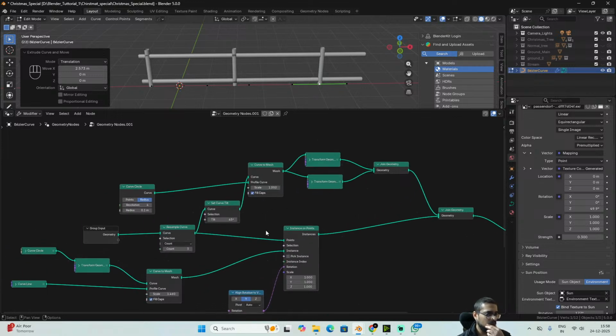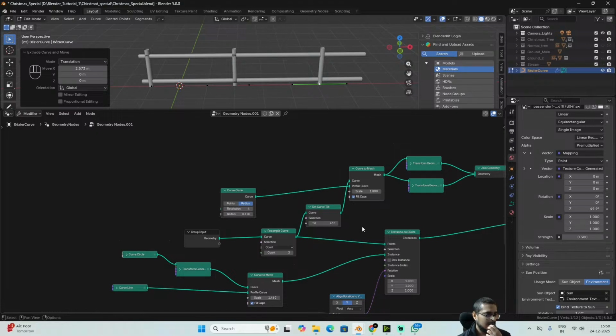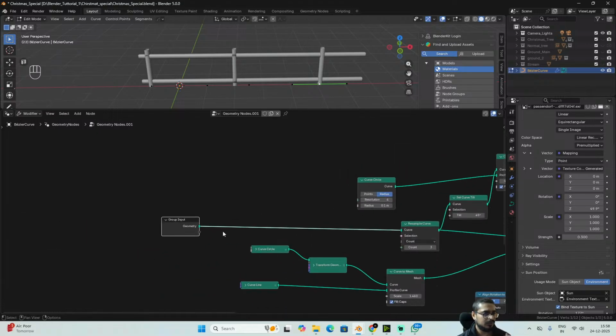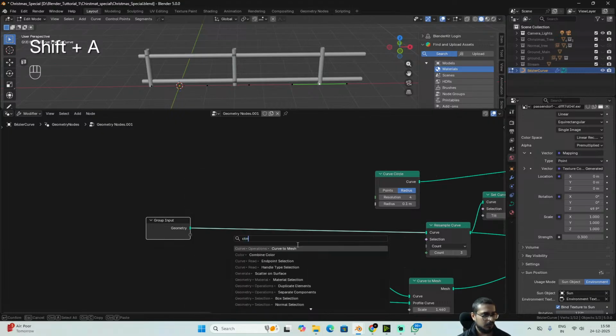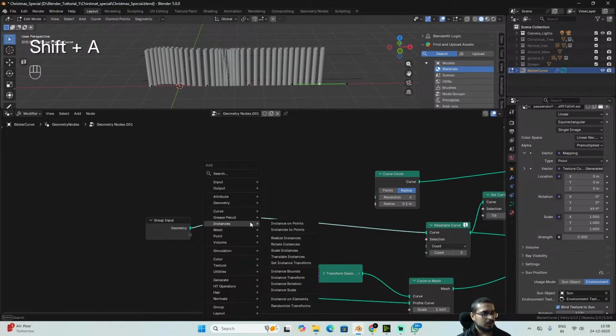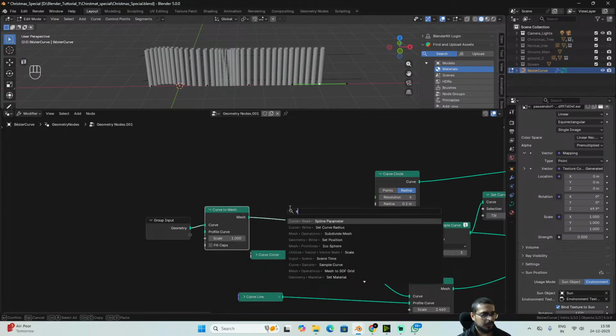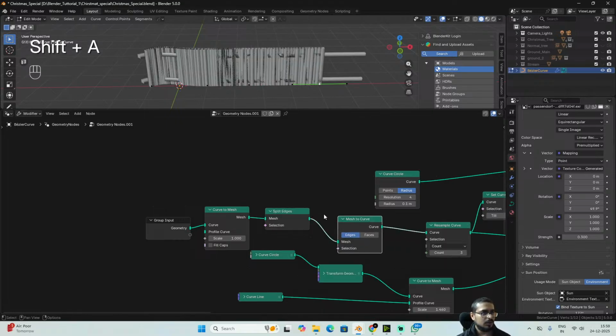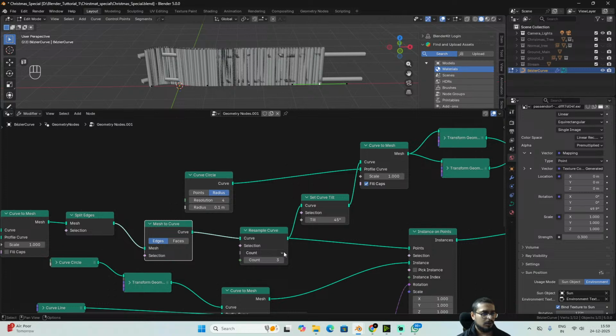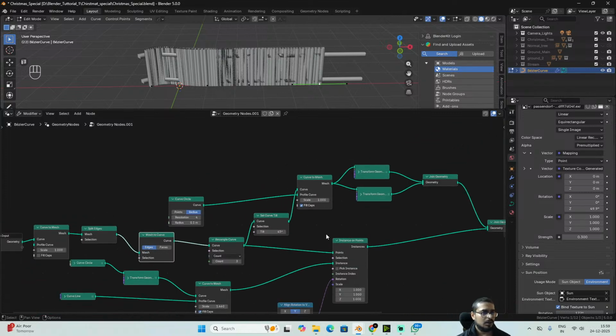Okay, we might need to split the edges first. So let's do Shift A, curve to mesh, Shift A, split edges, mesh to curve, and